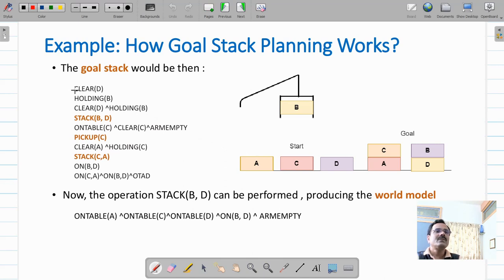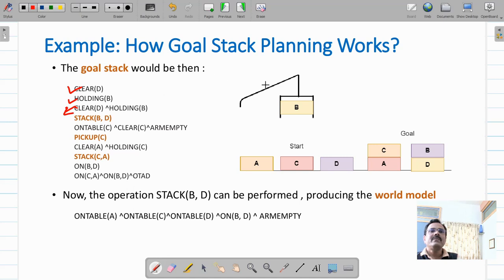Now your stack looks like this: clear D, then holding B. D is already clear here, block D is clear, so clear D is satisfied. Holding B is also true, so pop that from the stack. Check the compound goal, clear D and holding B, yes it is true, pop it from the stack.